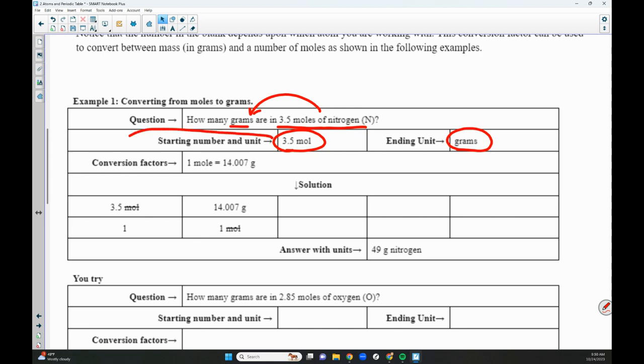So as I always do, I'm going to put my starting number and unit down into this box, and then I'm going to multiply by my conversion factor, and I'm going to arrange it so that I can cancel out the unit that I'm trying to cancel out, which in this case is moles. So I put moles on the bottom, and that allows me to cancel it out. And that gives me units of grams for my answer, which is what I'm trying to do. So when I multiply 3.5 by 14.007, what I get in the calculator,